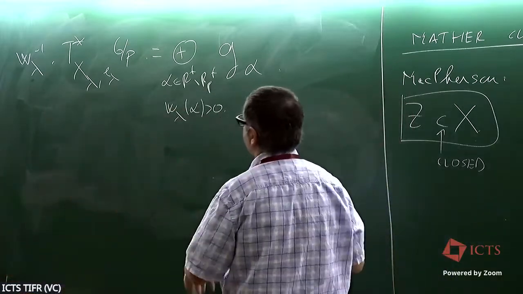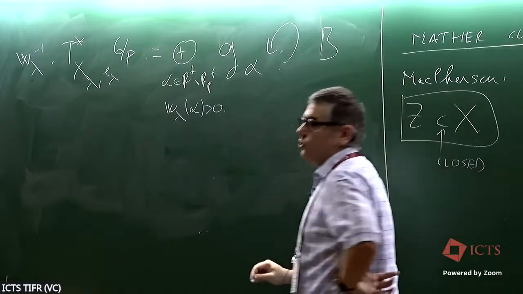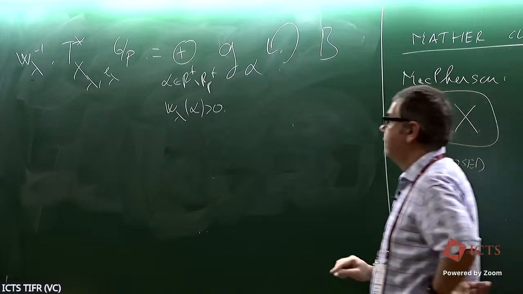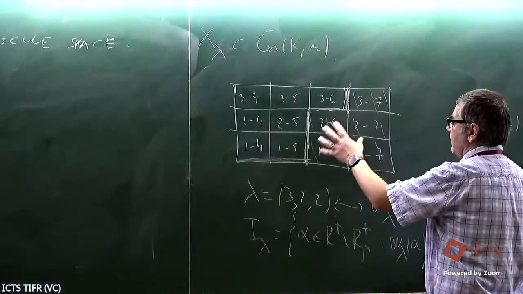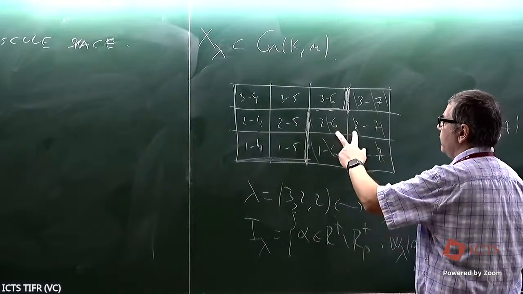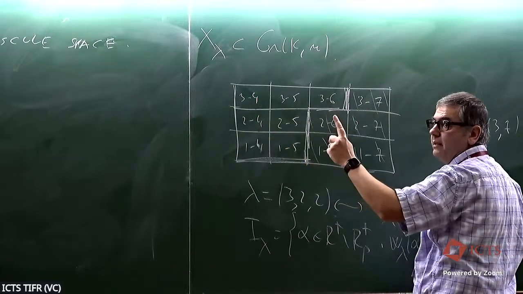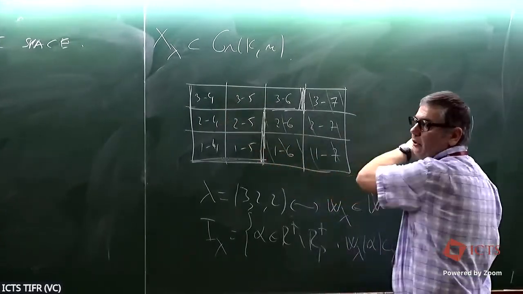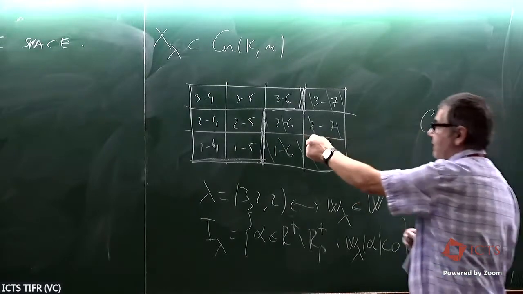So the observation is that this, in fact, is a B-module under the adjoint action. And this is where the cominuscule hypothesis is used. Why is it a B-module? Well, you want to act on a root here with some other root, could be simple, could be non-simple. The point is that all the roots here have this root, e3 minus e4, with multiplicity 1 in them. So if I add any other root to this, I can never go back. Either I go outside the box, in which case the action is trivial, or I stay inside.